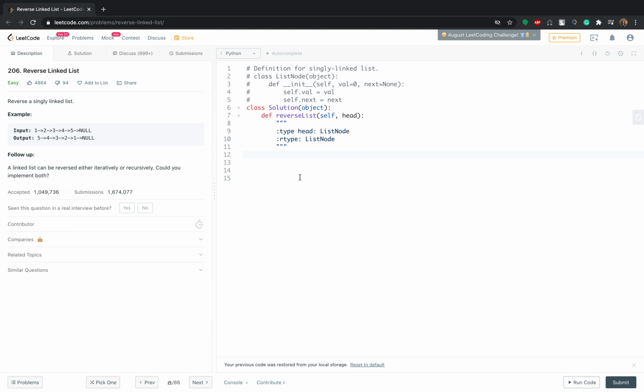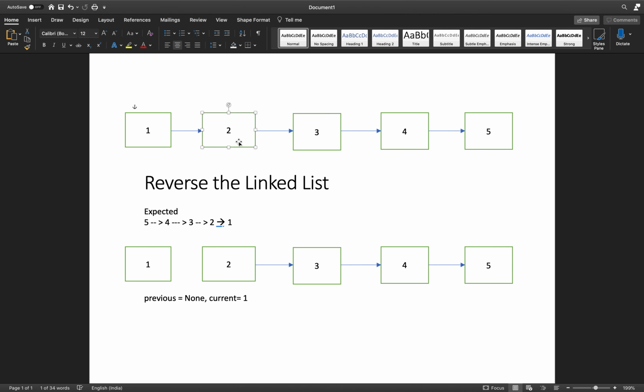Hi everybody, today we will see the reversing a linked list problem, which is a subset of today's challenge problem. I wanted to specifically target this first and then move to the challenge problem. The first part of our challenge problem involves reversing a linked list, so I'm going straight ahead to that. In reversing the linked list, you need to understand how we can reverse it.